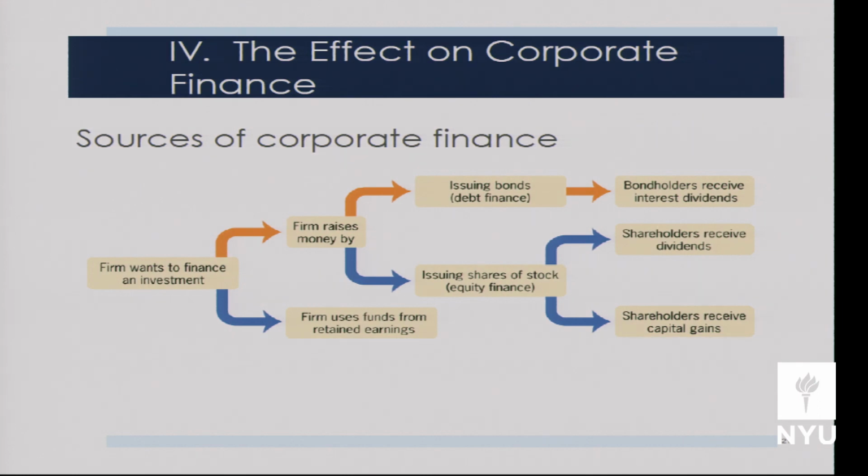Remember, both of those things are costly, right? Investors require return. When you invest your own money, you're foregoing the return you could have otherwise earned investing it another way. Let's say the firm doesn't have enough retained earnings or doesn't want to use its own retained earnings, so it is going to go to the market and raise capital for this investment. It can do that one of two ways. It can issue bonds or go to a bank, right? That's debt financing. The second way is to issue stock, which is equity financing. In the case of going the debt route, we know that bondholders are going to get interest payments, right? Interest payments from the firm.